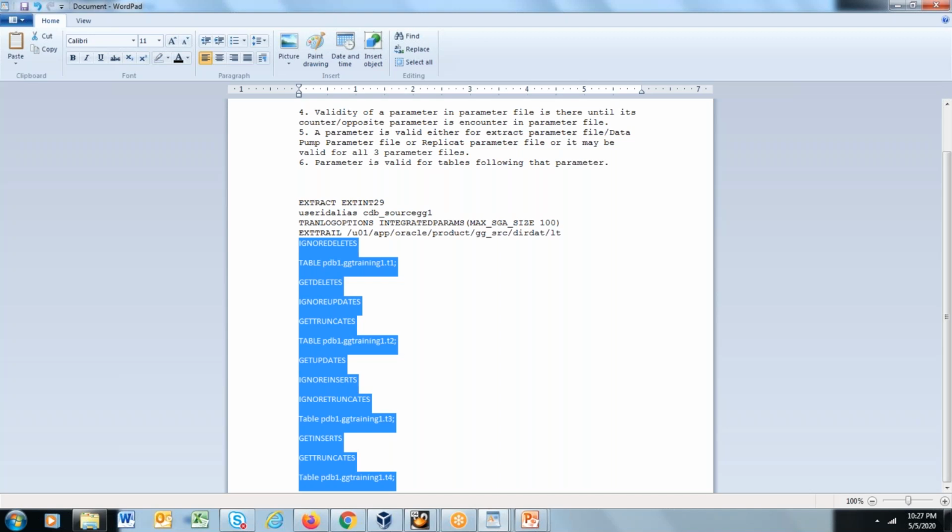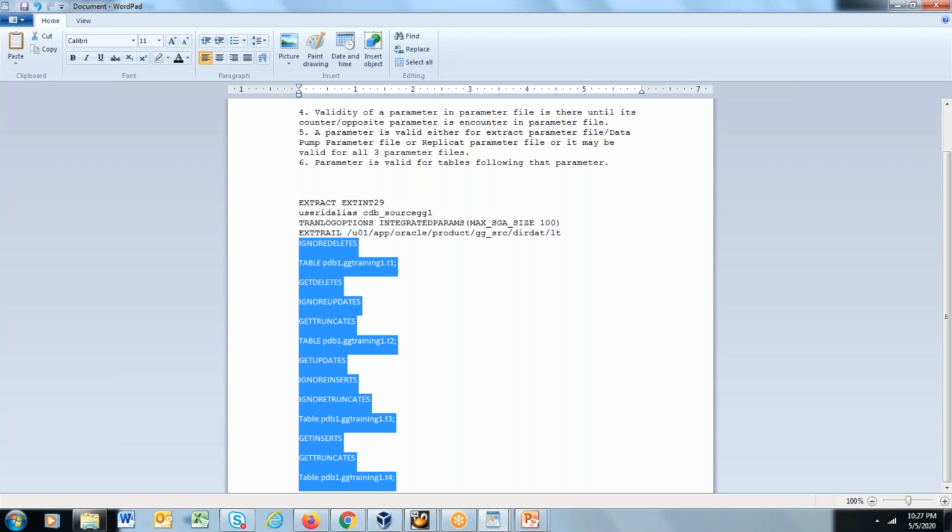Now one question which may come to your mind: say for example you have 1,000 tables or 100 tables in your environment, and each table has its own requirement. Are you going to give all 100 tables separately? What are the possible options in that scenario? Did that question come to anyone else's mind?